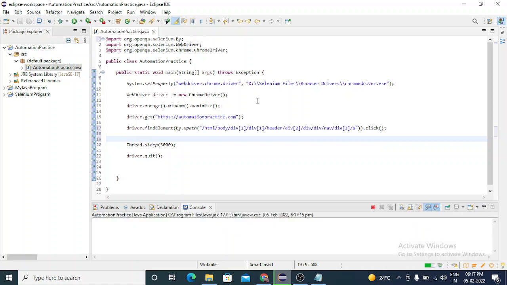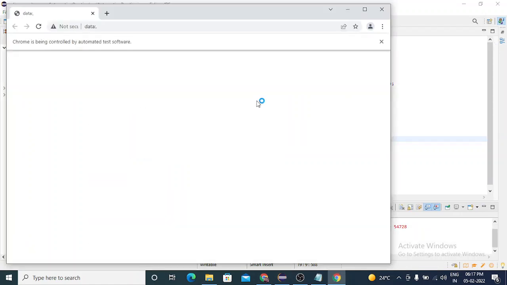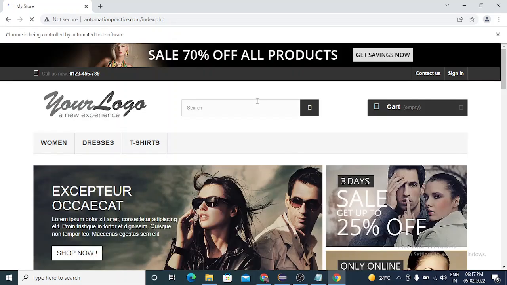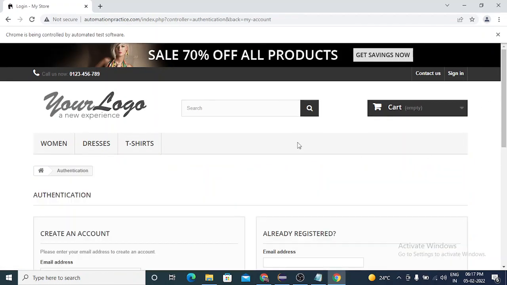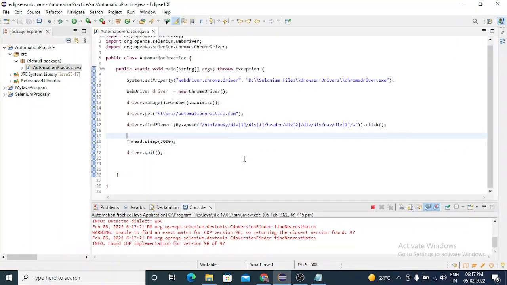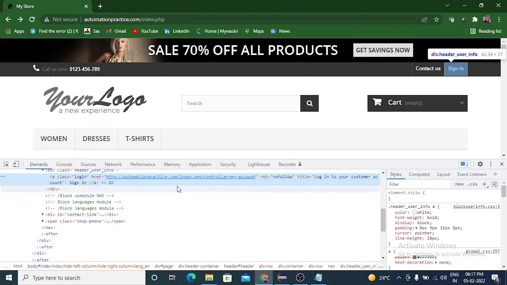Just run it. It loaded the page, clicked on sign in, and signed in to the page. Then it closes.